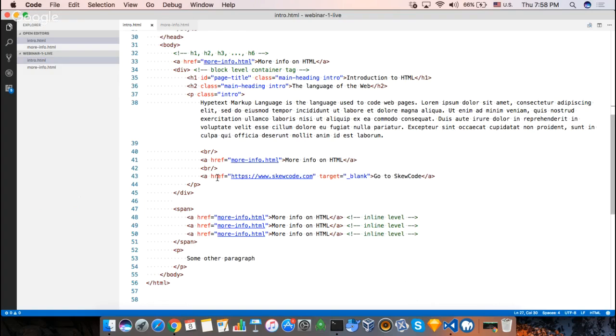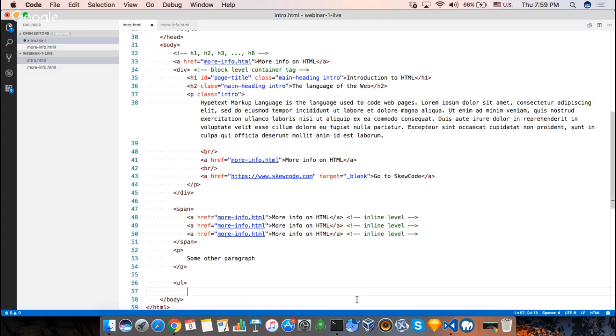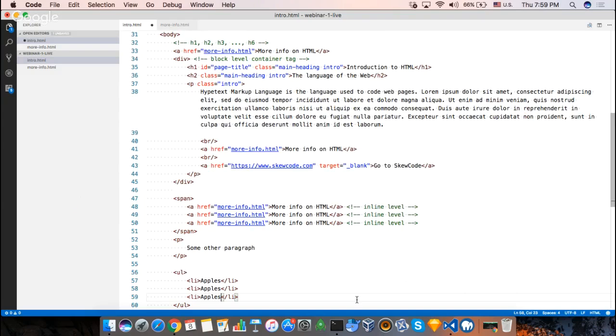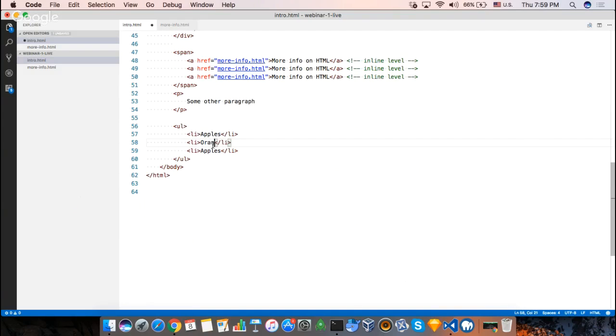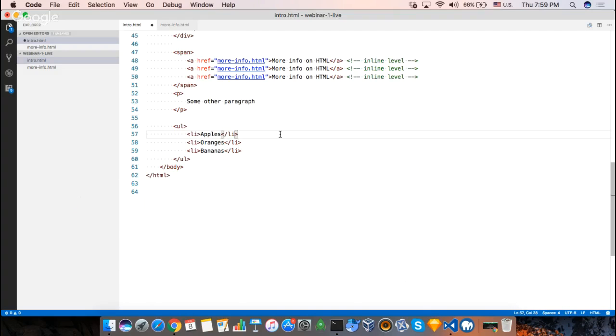All right, so we'll be using anchor tags, we'll be using paragraphs, we'll be using div, span, h1, and we'll also be using lists. All right, so a lot of times we want to list a group of things. For example, this is basically bulleted points and numbered lists that you use in Word or something, right? So